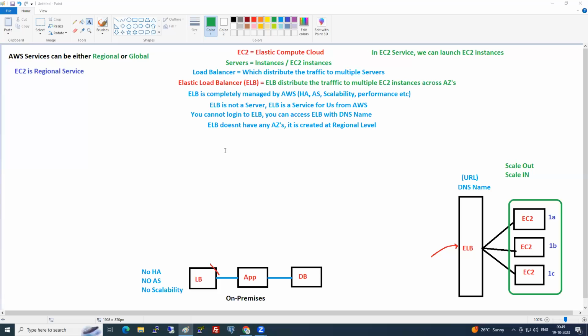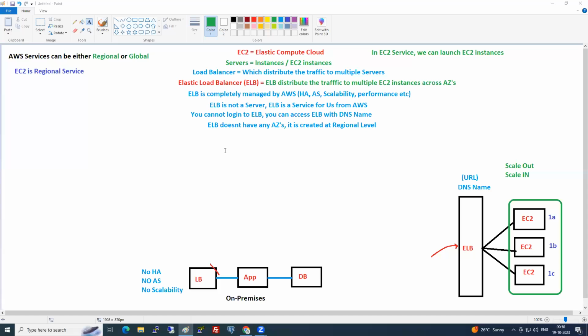Now in platform as a service, what are customers responsible for? Application and data only. So are we responsible for the servers in the backend? Do we need to worry about the servers in the backend? Do we have control on the servers of the backend? We don't have control also. But the beauty of Beanstalk in AWS is, what are you giving to the Beanstalk? Only the application. And you know what the Beanstalk will do?